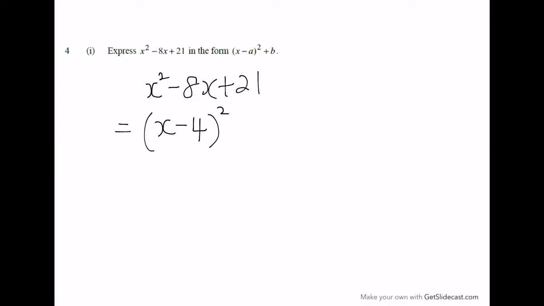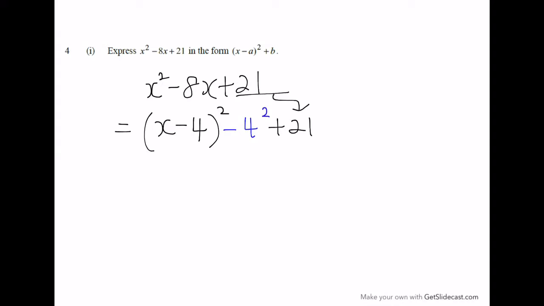Question for part 1, express the following in completing square form. So we have x squared minus 8x plus 21, and that will give us x squared becomes x, 8x becomes 8 divided by 2, which is 4 squared. And we must remember to subtract 4 squared and bring down the original 21, so plus 21, and that will